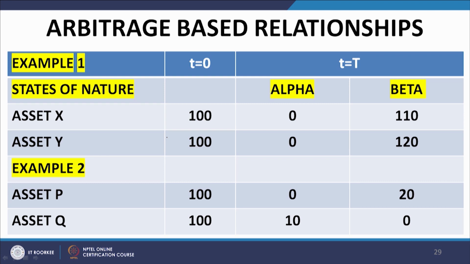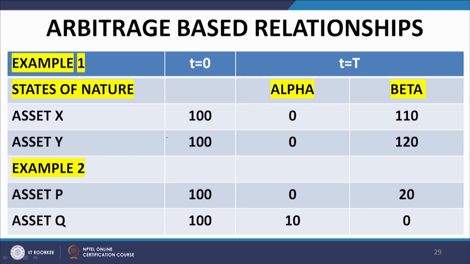Now, as you can see here, because there are only two states alpha and beta, we find that in the state alpha, both the payoffs are identical, investment x and investment y. However, in the state beta, the investment x is giving you a payoff of 110. The investment y dominates,